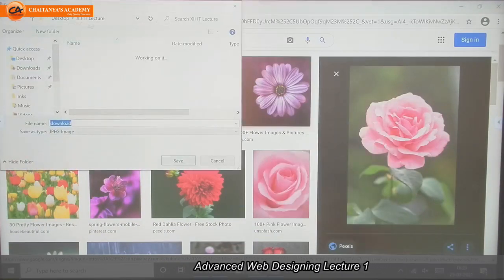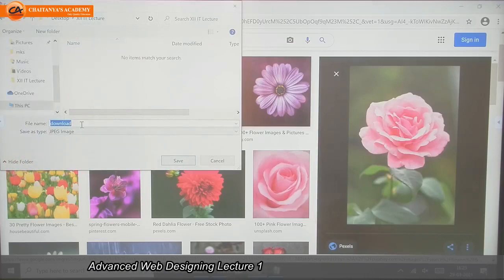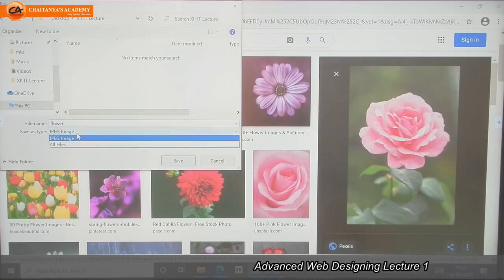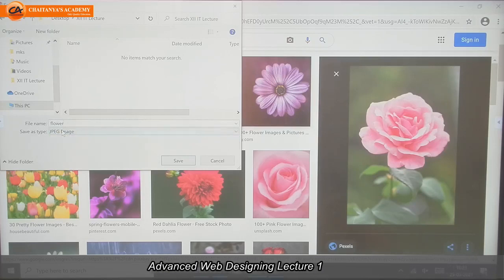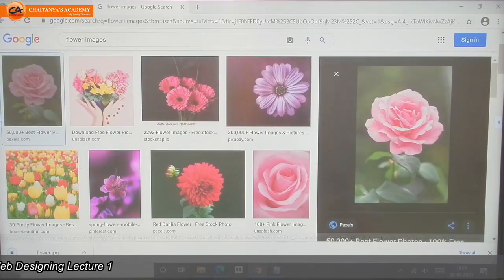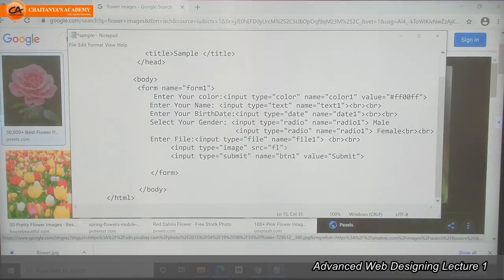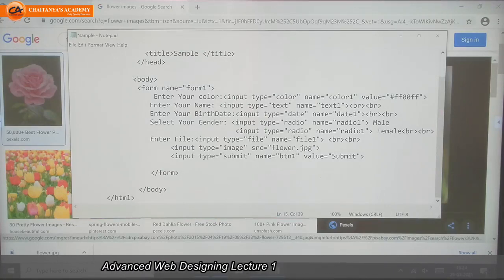Save image as, here in my folder, flower.jpg. Here it shows the type of the file, flower.jpg. I save that one. Now I can write here the name of the file, flower.jpg.